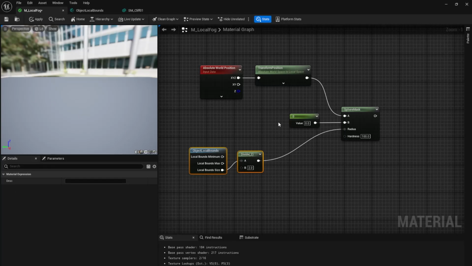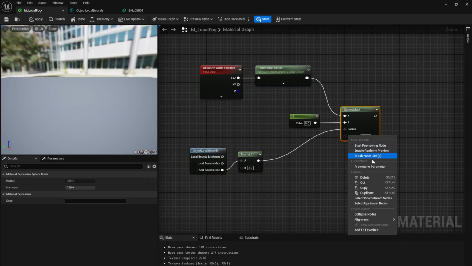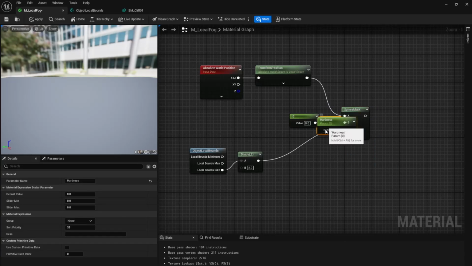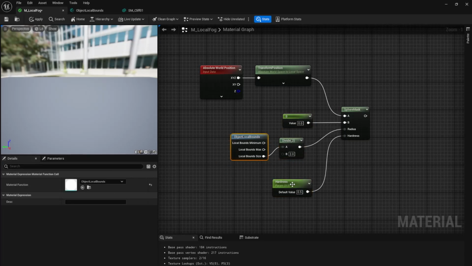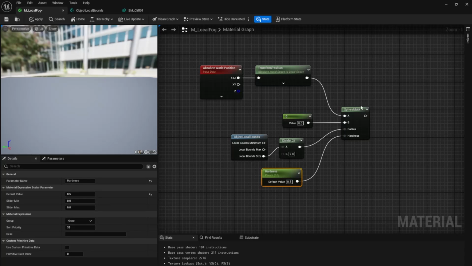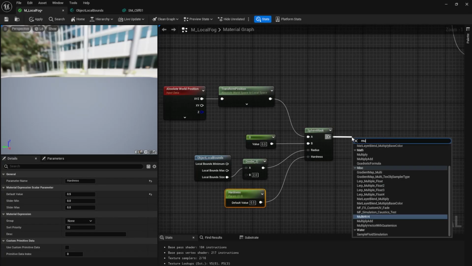And then hardness is going to be just a singular scalar value. We can in fact just take this hardness value and hopefully promote it to a parameter. And there we go. And default value, in my example, I have 0.5 set, so let's do that. So this is all the math that is setting up our spherical mask, which we are then going to multiply